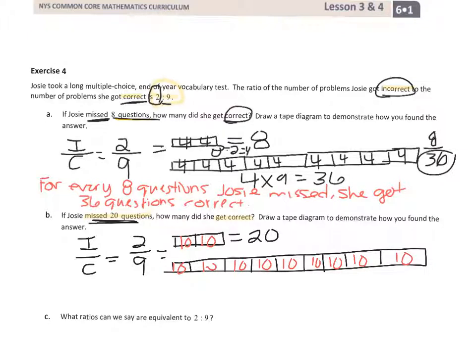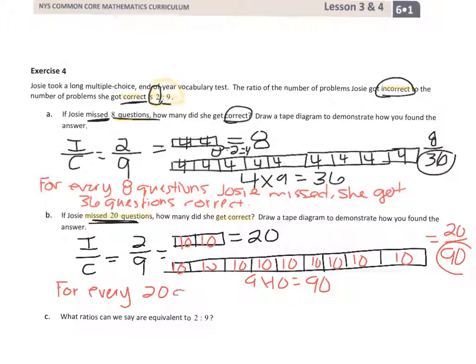Okay, now we can figure out how many she got correct. There are 9 tens. So 9 times 10 is 90. So she got 90 correct. So our equivalent ratio is going to be 20 over 90. But the question asked, how many did she get correct? It's 90. So using ratio language, we're going to say, for every